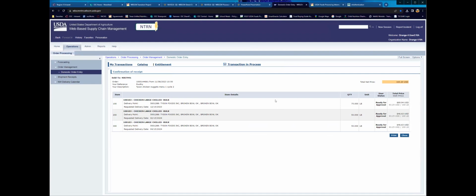If it's processed, it's going to follow your same ordering procedures. You're going to be able to view your poundage and your drawdown through Processor Link in K-12. But as it moves through the process, just be aware that you will get a lot of alerts through WebSCM. So you'll get more emails, and that's covered more in the reporting and the account setup WebSCM trainings.